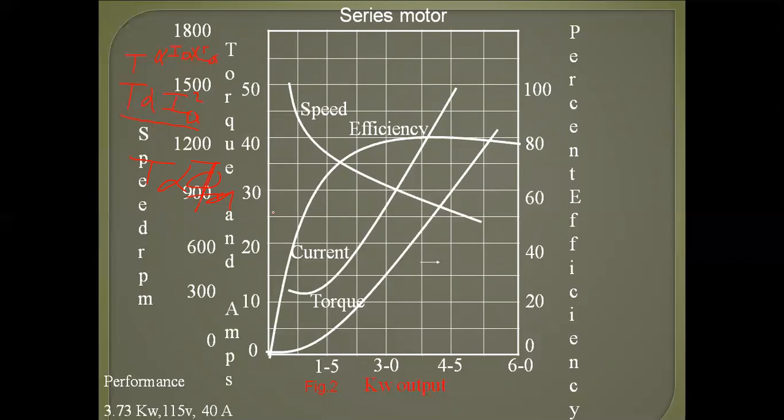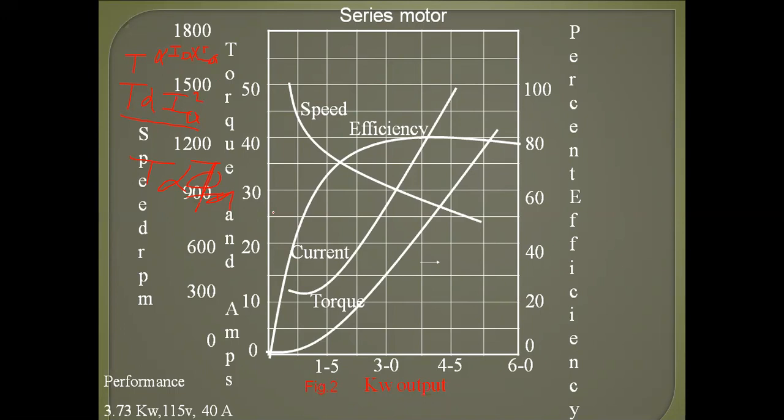From the torque-armature current curve, it is evident that so long as the field of the motor is not saturated, the series motor exerts a torque proportional to the square of the current. That is, starting torque is very high. Hence, series motors are used where large starting torque is required for accelerating heavy masses quickly, such as in hoists, electrical railways, trolleys, and electric vehicles.